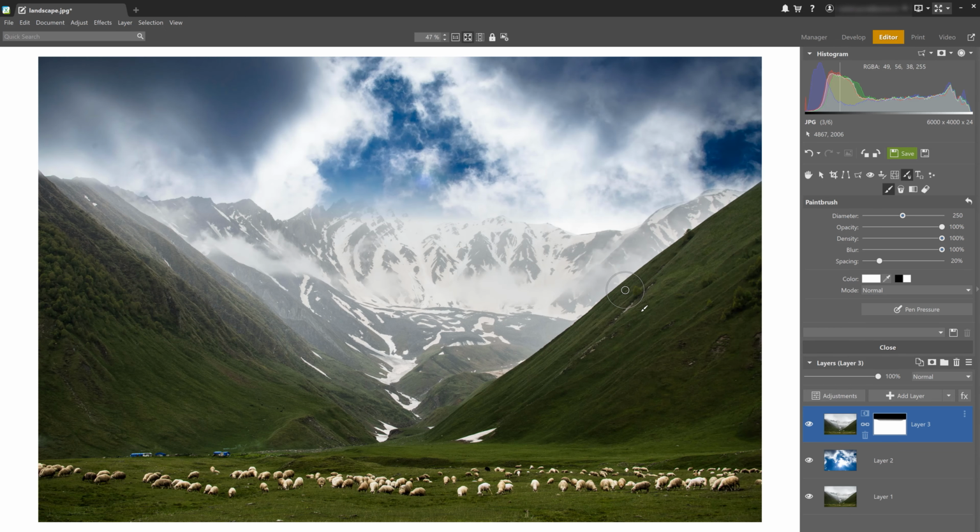And we're done. Now those are just some ways that we can use and work with masks and layers. I hope you guys found that useful. In the next video, we'll be checking out how to use layer blending modes.